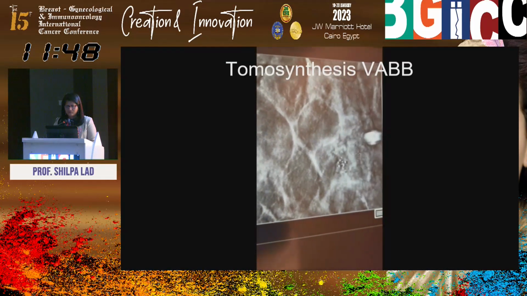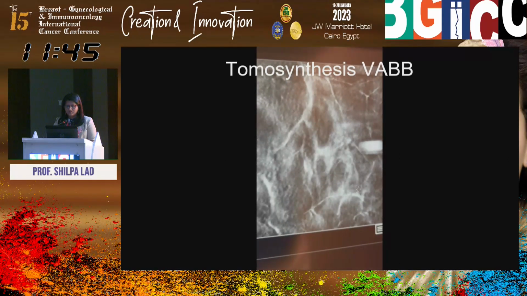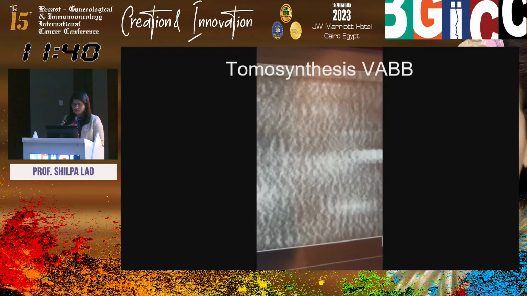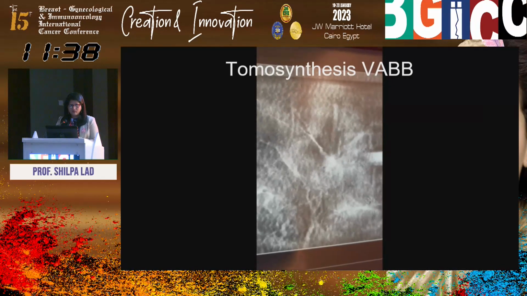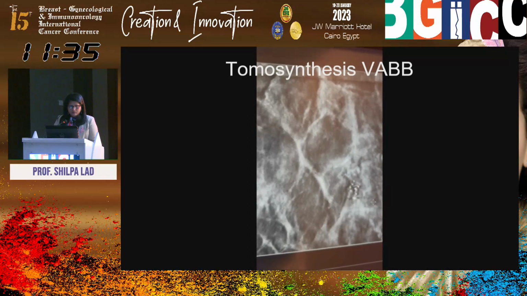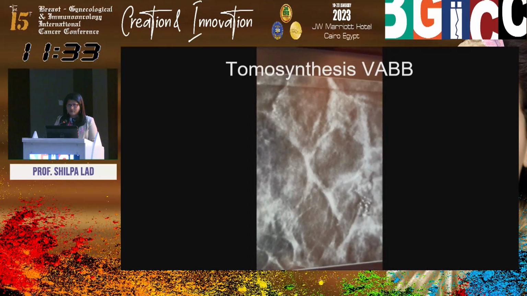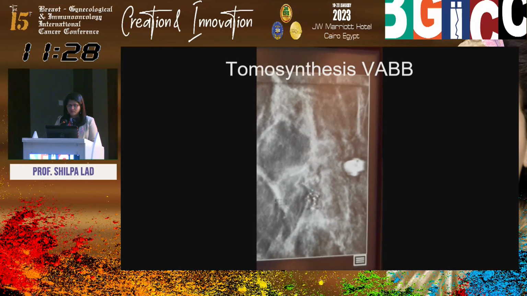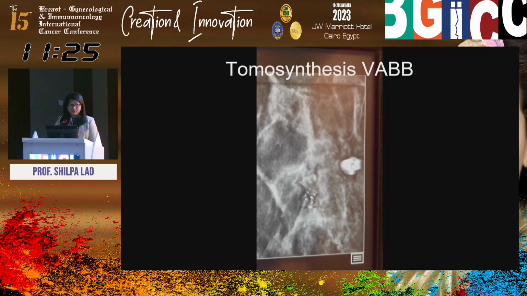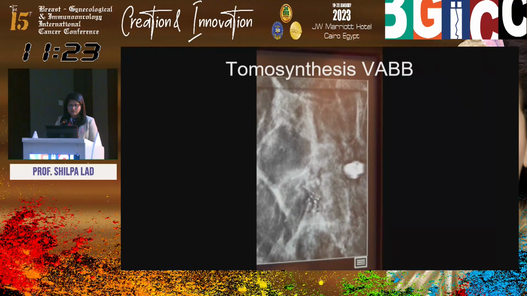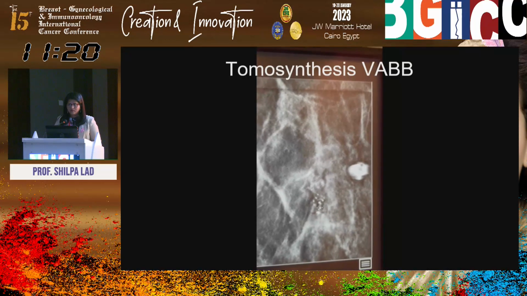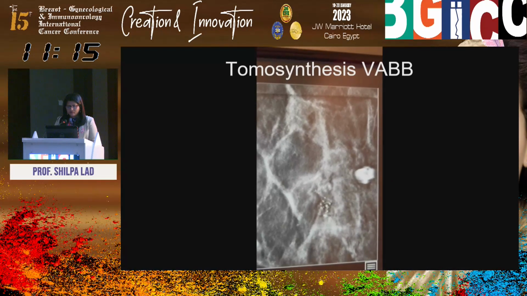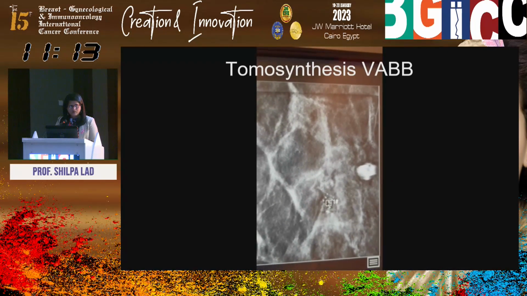This is the tomosynthesis slice, complete slice. So I'm going to scroll through the whole thing so that the audience gets an idea about what we actually do. So we scroll through that entire area, the whole stack of images, and on this stack we notice that these are the pleomorphic microcalcifications that we see, which are adjacent to the benign popcorn calcifications. This is the benign popcorn calcifications, and these are the pleomorphic microcalcifications that we want to target. Now we target this area. Okay, this is what we do,